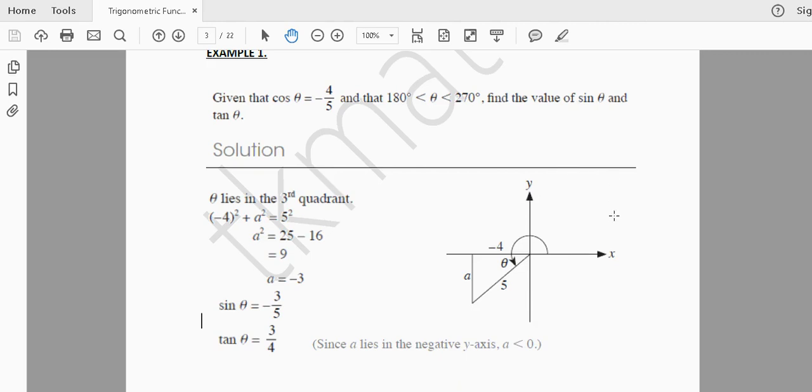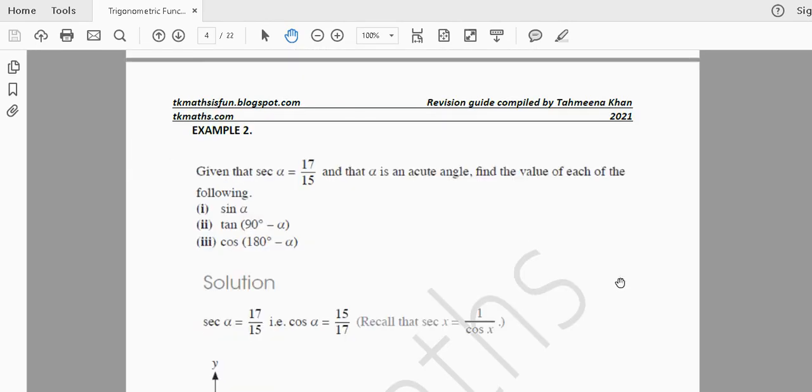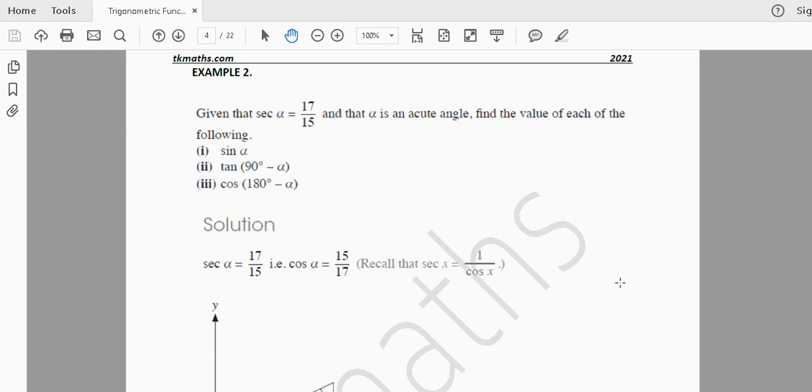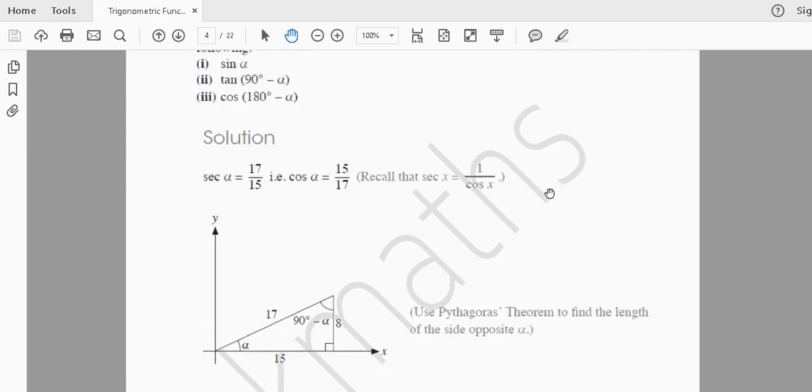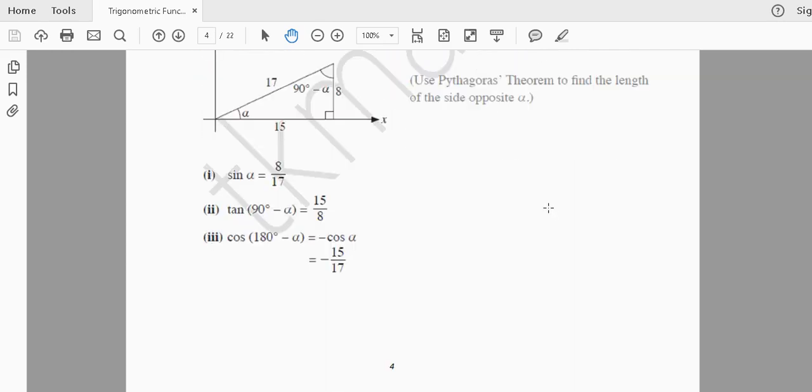I will pause in between so that if you want to note down something, you can. By the way, rather than just writing here that these are the concepts you need to know, I have taken one or two solved examples here so that you can make a connection with your learning. I hope it will be very useful for you. Otherwise, you would need to refer to some book to go through those concepts. So I have picked up one or two examples of each type here. So this is all related to general angle and basic angle, right?